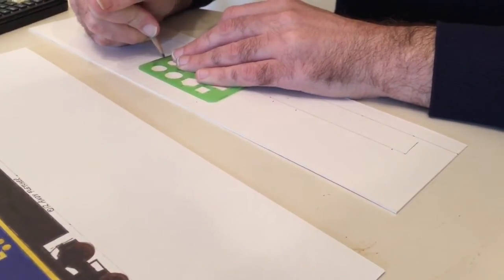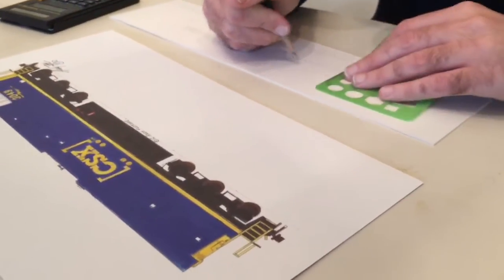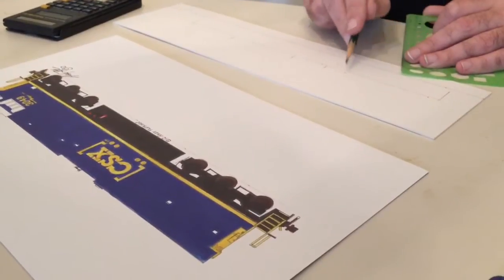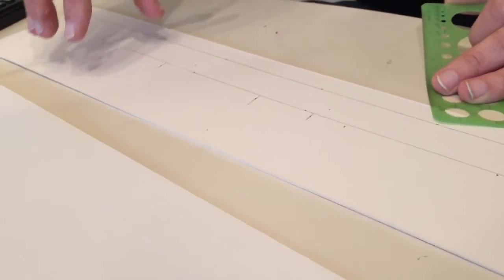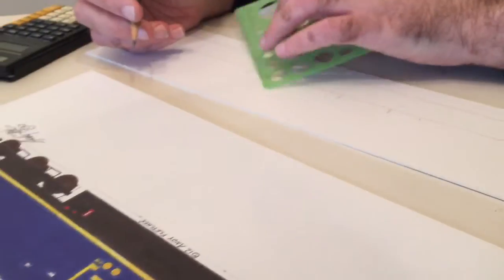have nice reference points. The first thing I'm doing here, as I often say in the video, is I'm composing the drawing. I'm measuring it out at different points along the frame. This is where the radiator section goes. This is where the engine room doors go. This is where the cab goes. And the thing about it is that